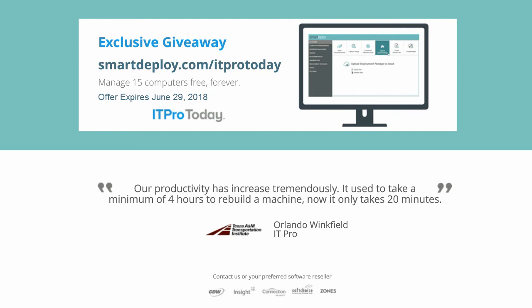I'll take the first part of that on the domain process. No, you don't have to be on a domain to push any of these images out. The process that Spencer went through with computer management, he was deploying to machines on the local area network that he's on, so they show up in the console.